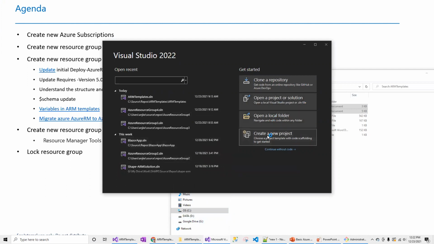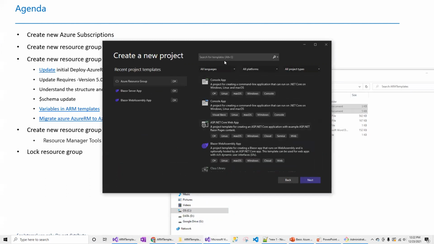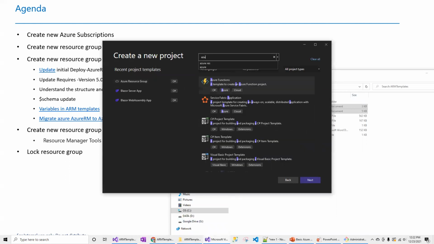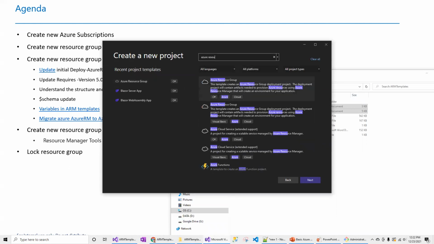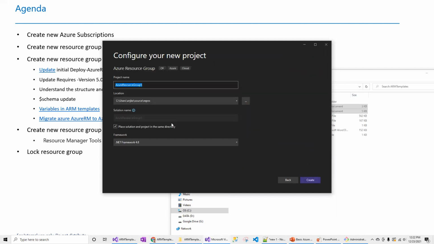So I'm going to create a new project, and the new project is going to be an Azure resource group project, which is C# type. This template creates the Azure resource deployment project. Click on create and then give the appropriate name here. In my case, I have given RM templates.